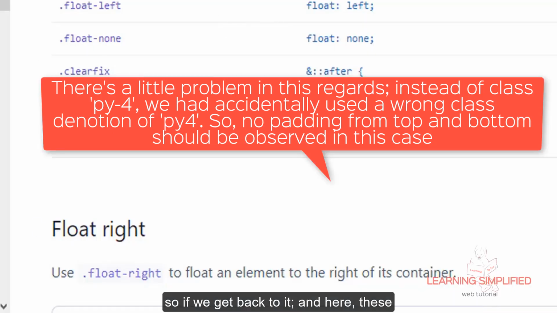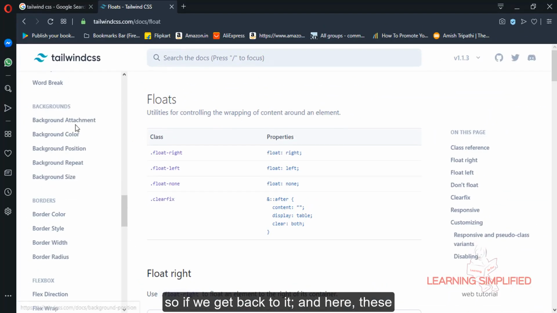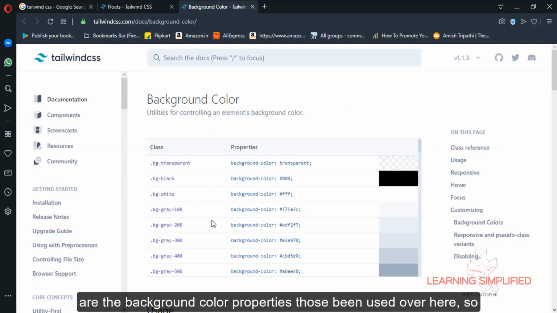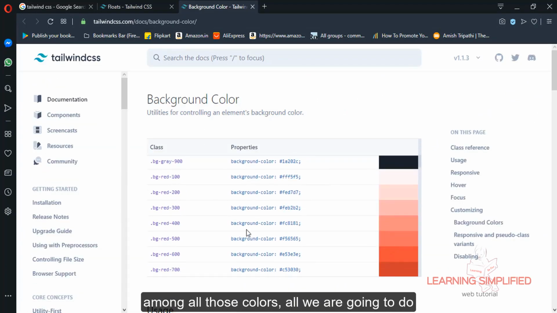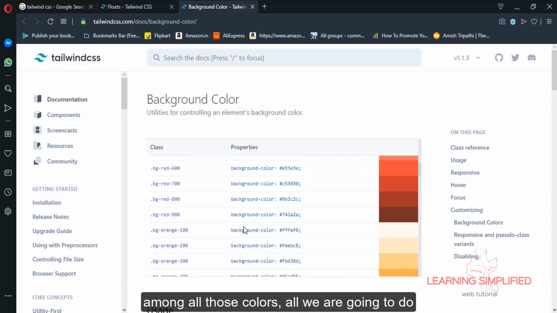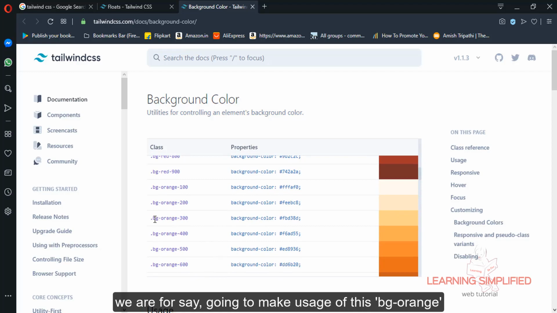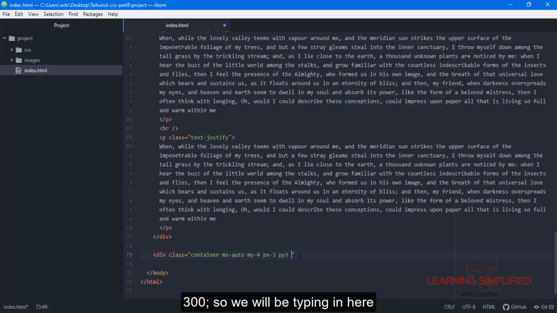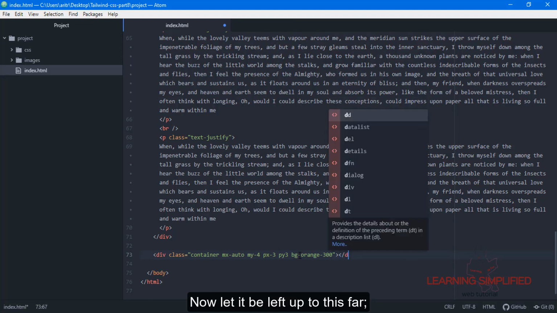So if we get back to it, these are the background color properties that have been used over here. Among all those colors, we are going to make use of this BG Orange 300. So we will be typing in here bg-orange-300.